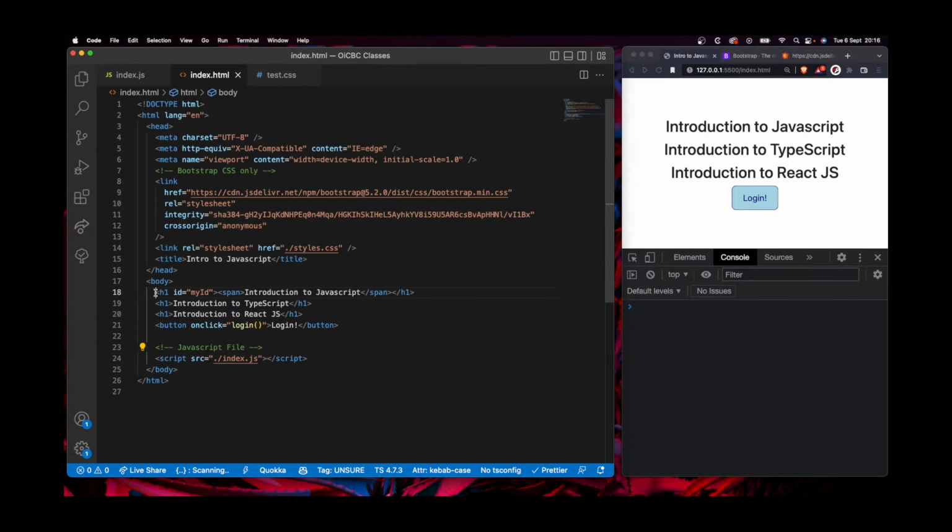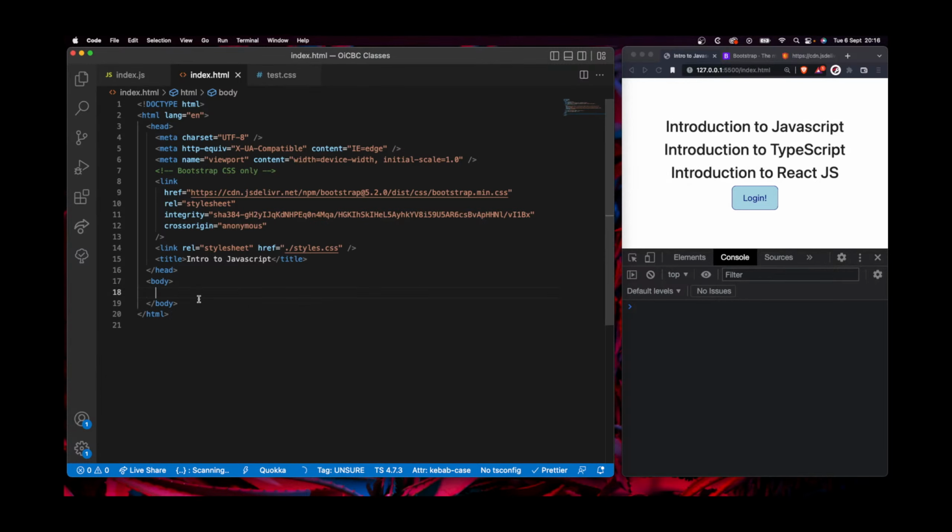So let me just get rid of everything we have inside of here, including the JavaScript file. So what I'm going to do here,